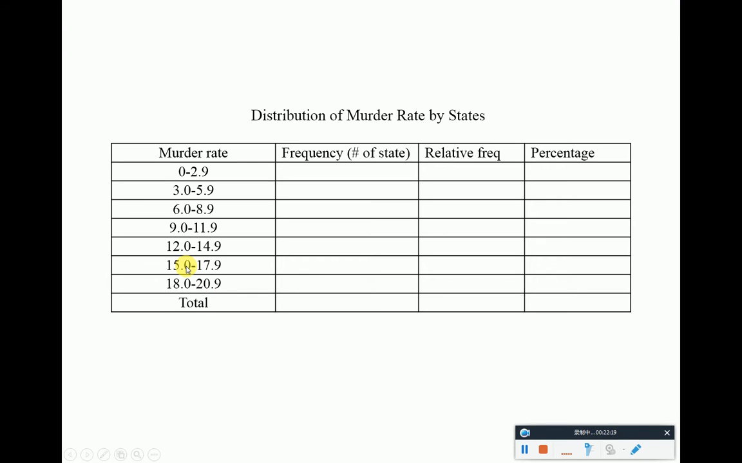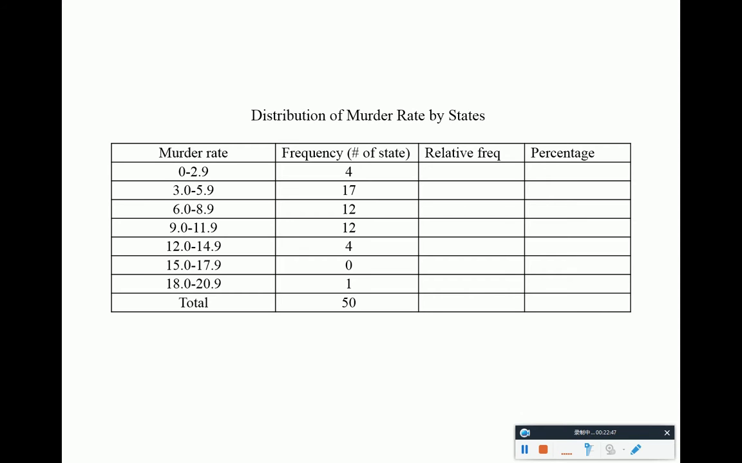So then we can see, what is the most common interval, so to speak, right? What is the most common interval of murder rates in America, and what are the relatively rare intervals for murder rates in America? Okay, so okay, I tallied all these numbers for you,